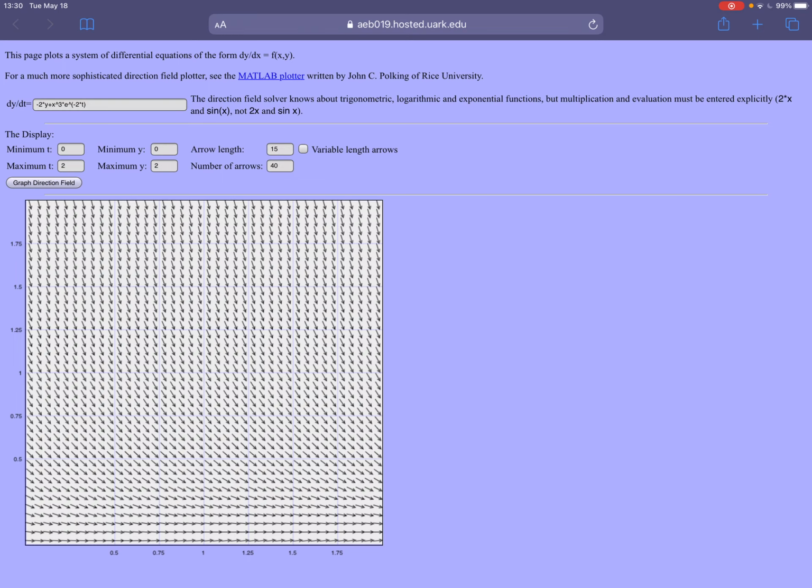And then, okay, so remember we were dealing with the condition that at t = 0, y was 1. So this corresponds to this point, right? So I'm going to click on this point, and you see now that this gives me the solution curve. Because what does it do? I told you how this works, right? You start at this point,